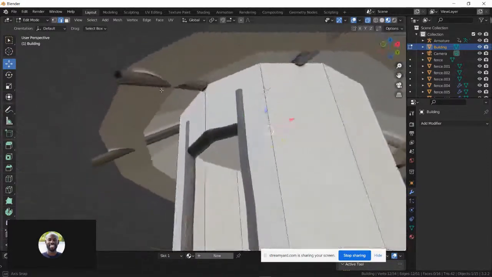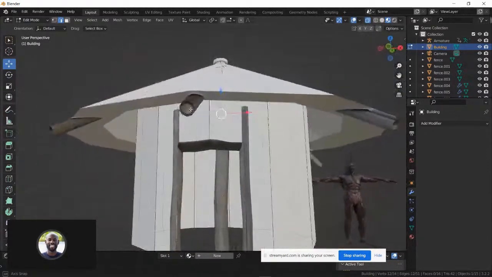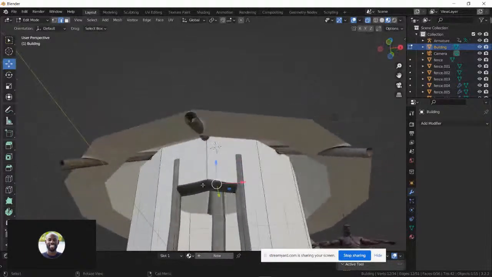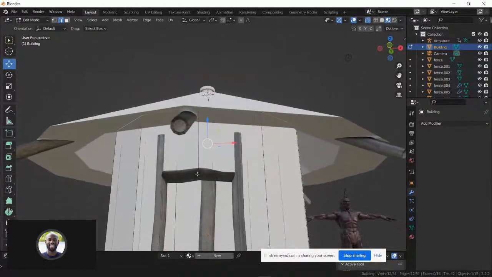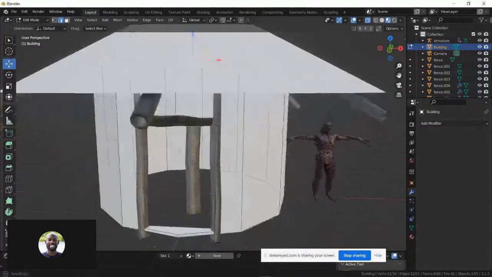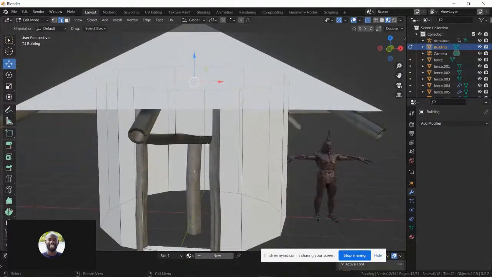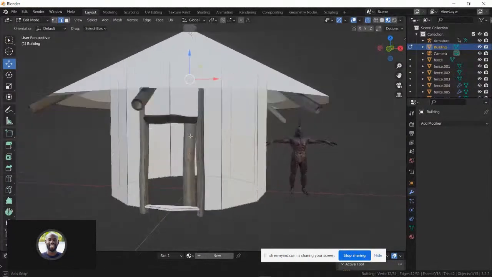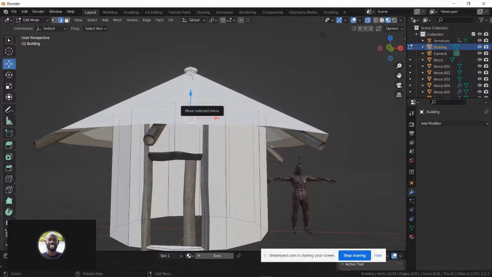Okay. So we can see that even in a game engine, if you run towards this hut and you come in, you will feel like you are in a hut, even without us having finished texturing it. Just by giving it colors alone, you will feel like you're there. By the time we add raffia on top of the roof with some zinc patches, and then give the mud texture to this with decent normals, that will be very convincing. And you put this in a game engine, it will be hard for people to tell if it wasn't sculpted, and it will run smoothly and not cost much for the system